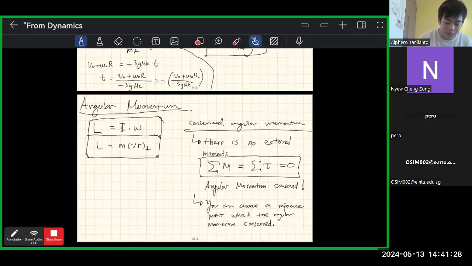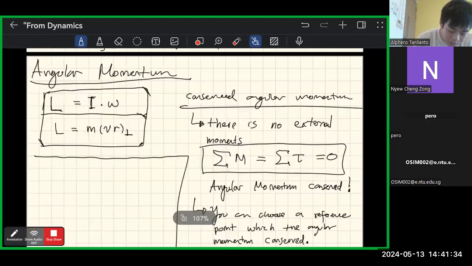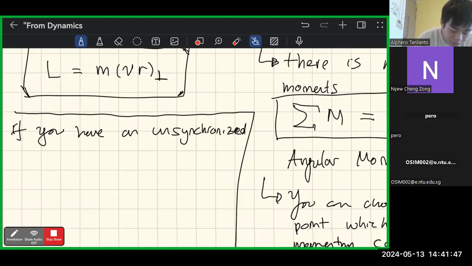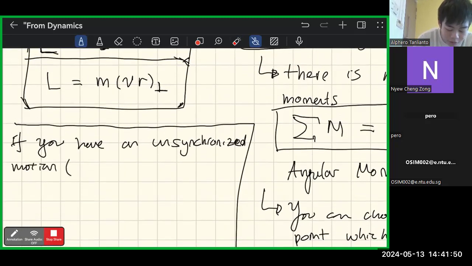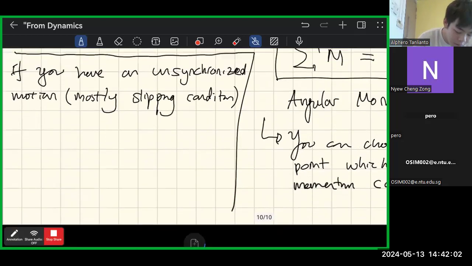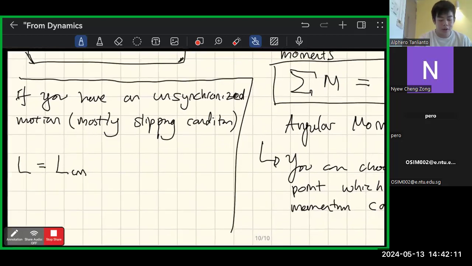So if you have an unsynchronized motion, by which I mean unsynchronous motion is mostly slipping condition, so it's not a non-slip condition, you have that the angular momentum is the angular momentum about its center of mass with reference to the center of mass, added